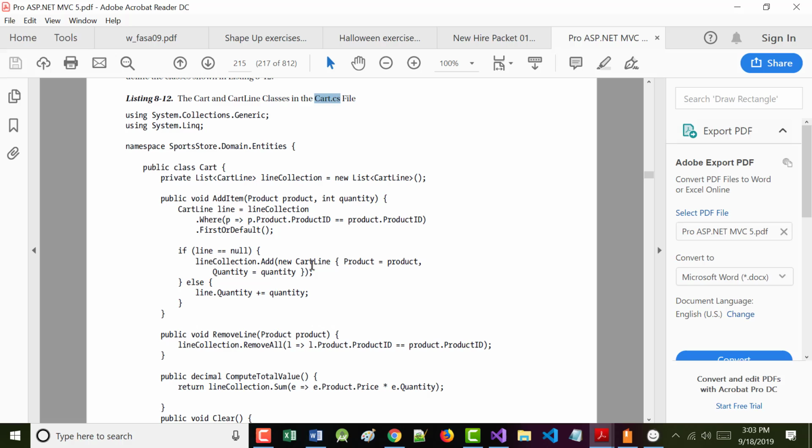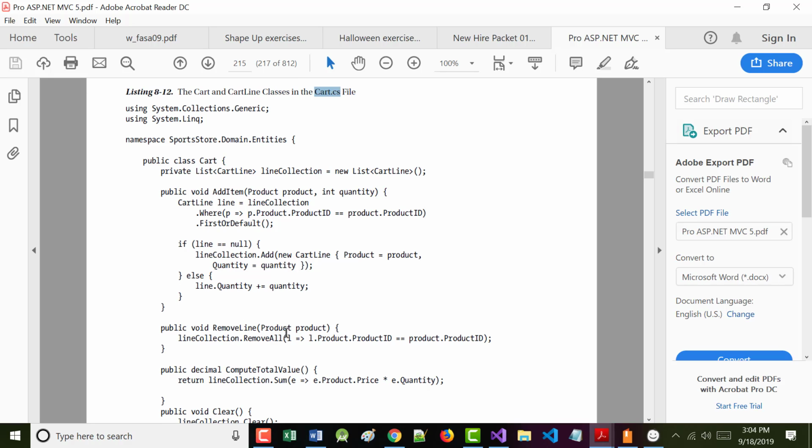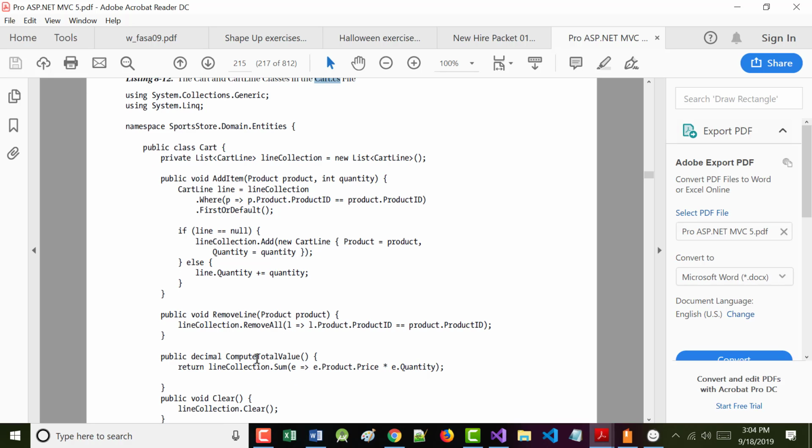But look at what we could do. We've got a shopping cart that's going to be a list of cart items. We want to be able to add items to the shopping cart. We want to be able to remove items from a shopping cart. And anytime we add something, we want to update our total.